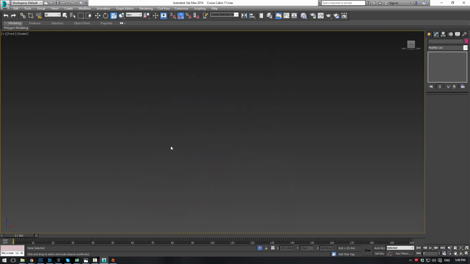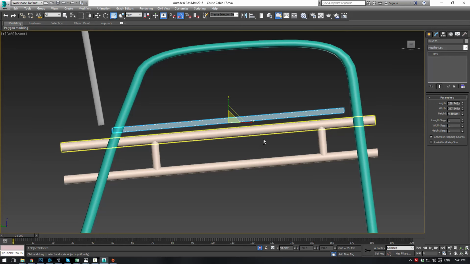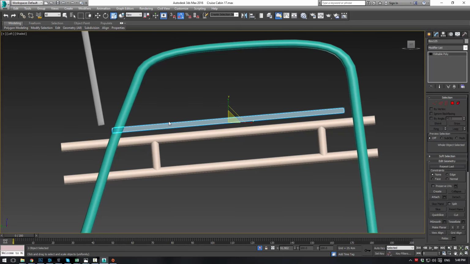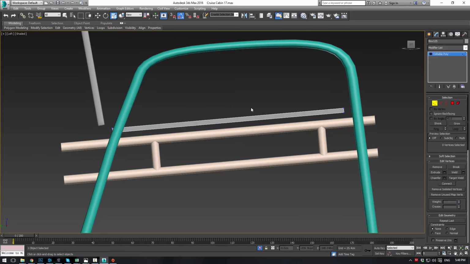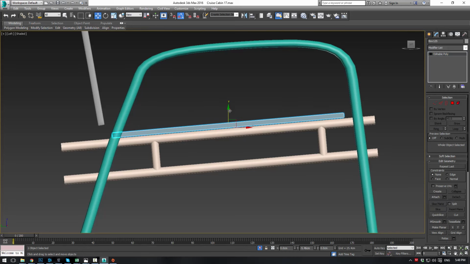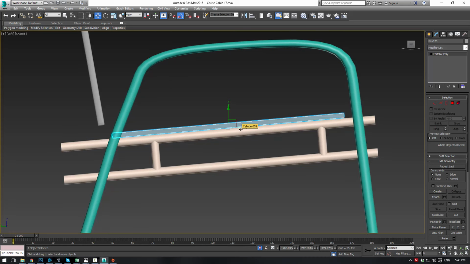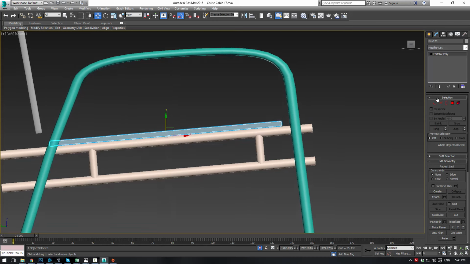Now let's go into the left-hand viewport here and ensure that this works. So convert this to an editable poly, and let's drag it down so it sits on the chair. Okay, now this should be sort of right at the crease, so that's good. And the front, I'm honestly not sure about, but I'm guessing is